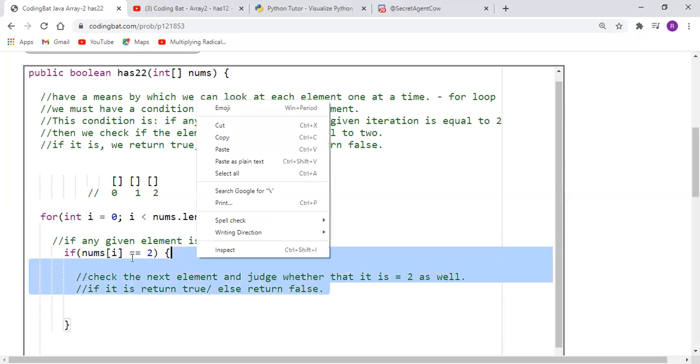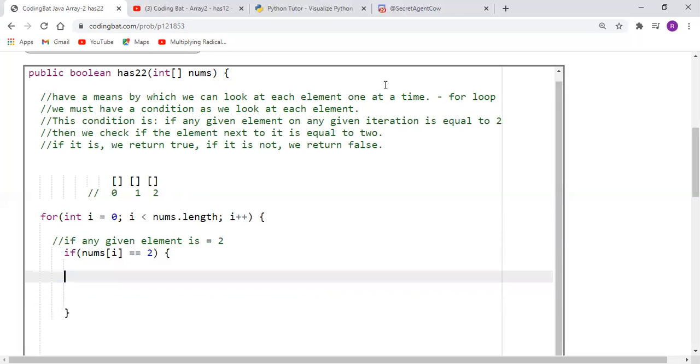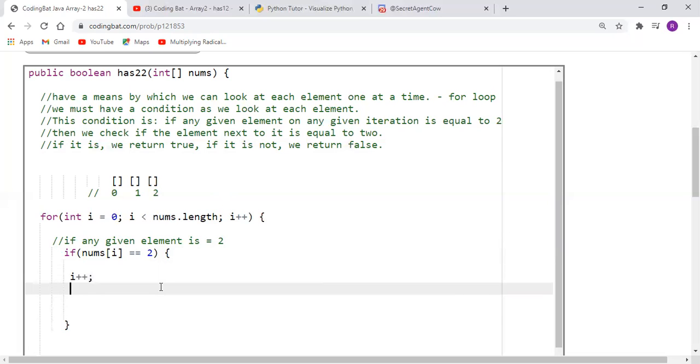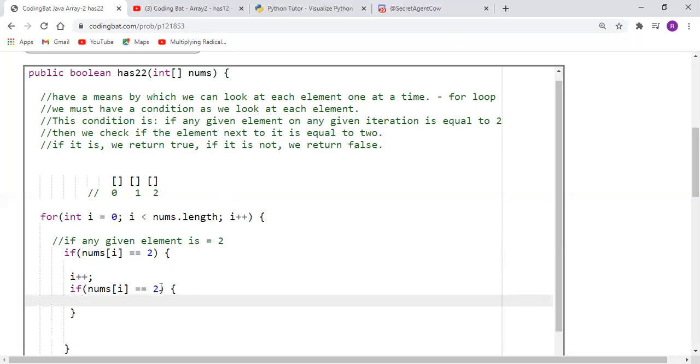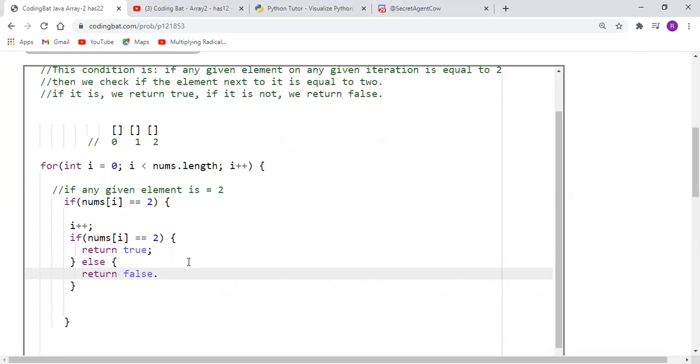So we know this because this is, of course, in the problem statement itself, or rather the pseudocode that I've written up here. So if nums of I is equal to 2, we will increment I by 1, and we'll check if nums of I is equal to 2 now. And if it is, we'll return true, else we'll return false. So essentially what this is saying is that as you iterate through, if we come across any given element which is 2,